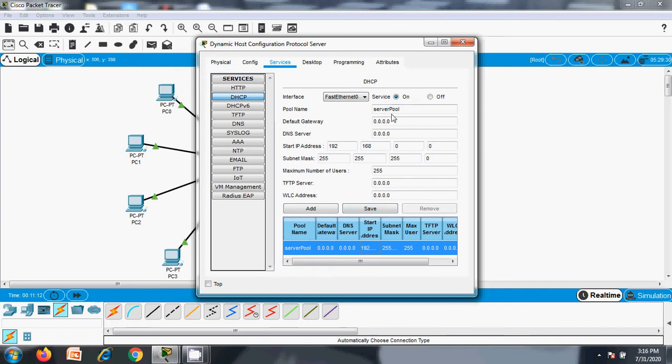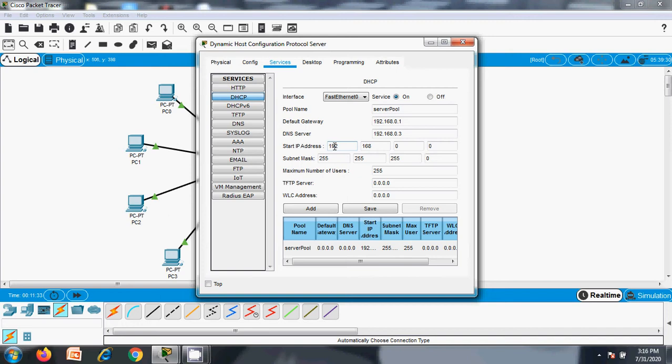So you click on this entry, and the default gateway is going to be 192.168.0.1 and the DNS server is going to be 192.168.0.3. Here you set the start address. As I already said, we have a block of IP addresses, either public or private.